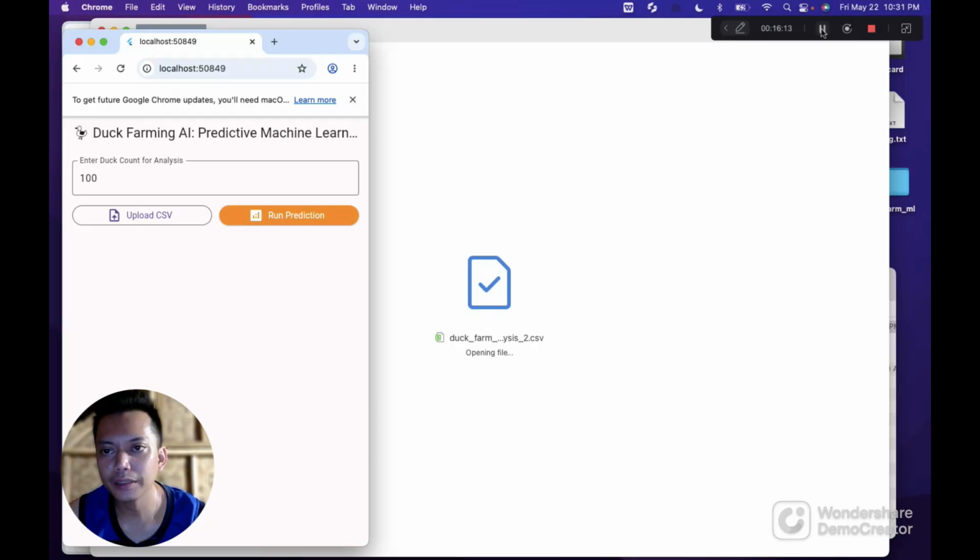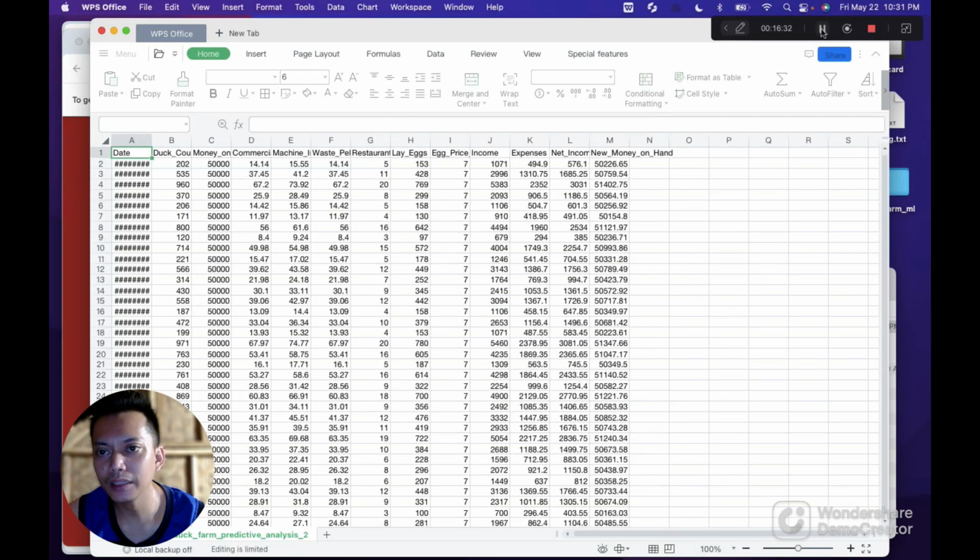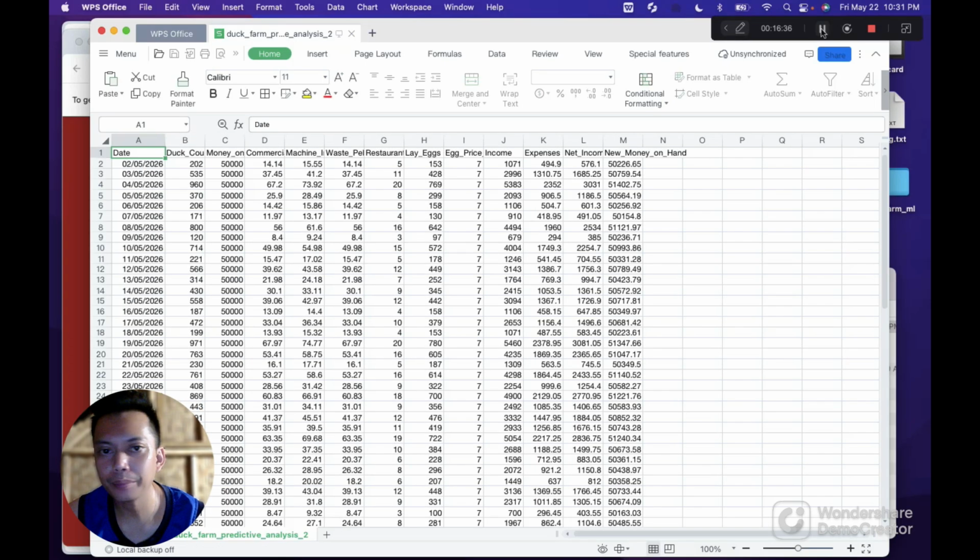All right, so there it is. So when you run this in the first attempt, it will be an error because it has no brain yet, it has no data. So we are going to feed the data because this is machine learning. So we have here the data samples from the farm.